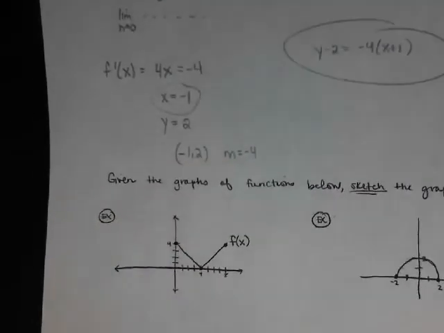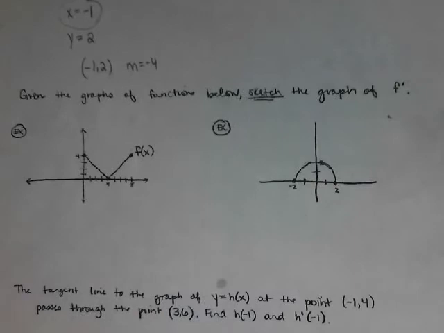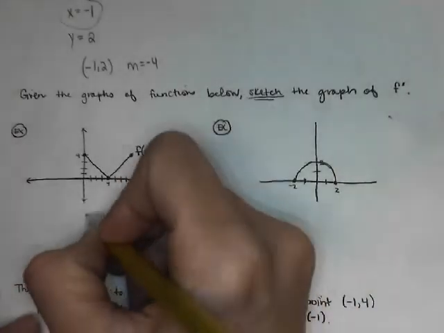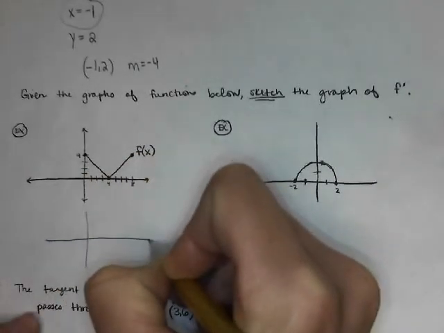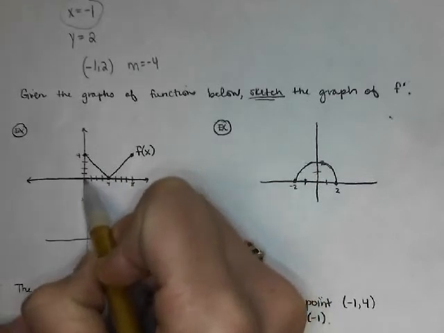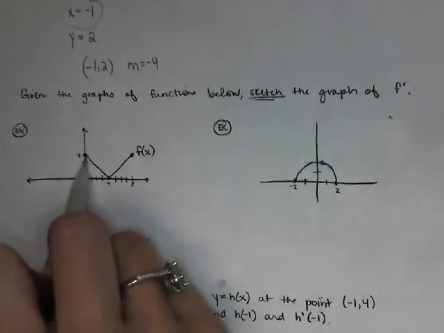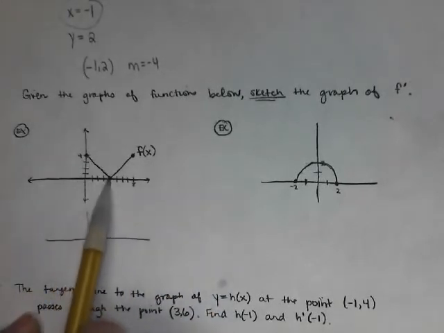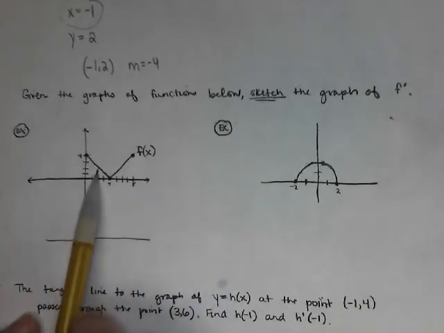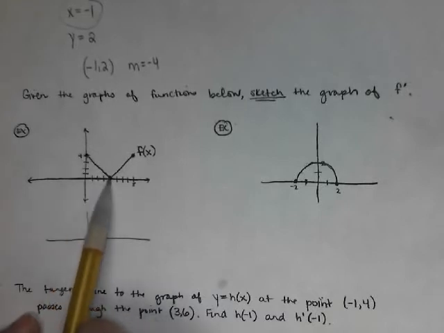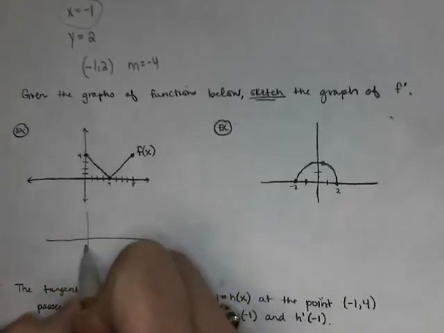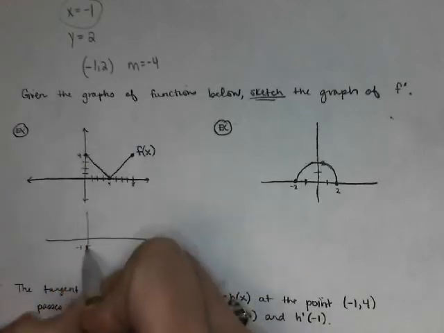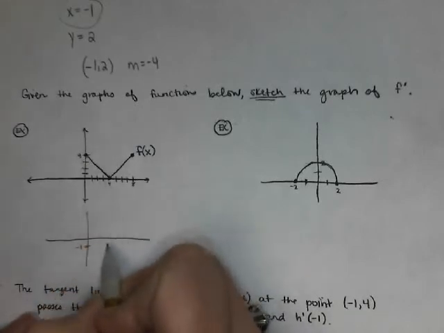Okay, this next exercise is a little bit of a different skill. We have a graph, and we're going to sketch the graph of f prime, which is the derivative. So I would ask you questions like, what is the slope between 0 and 4? This is a negative 1 slope. Down 1 over 1, down 1 over 1, down 1 over 1. This is a negative 1 slope. So here's negative 1. So from 0 all the way to 4,